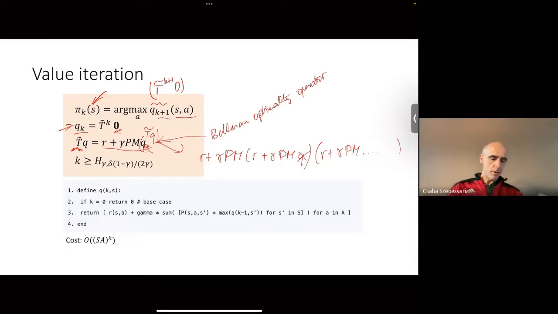So this recursive call, I call it Q because it calculates these Q functions or action value functions. They're pretty simple, right? If k is 0, applying the operator 0 times, not applying it, so that just returns 0 because we're applying everything to 0, the 0 function. So then just return 0, okay? It's actually returning a vector of zeros. It should be, but it's simplified pseudo code, all right?